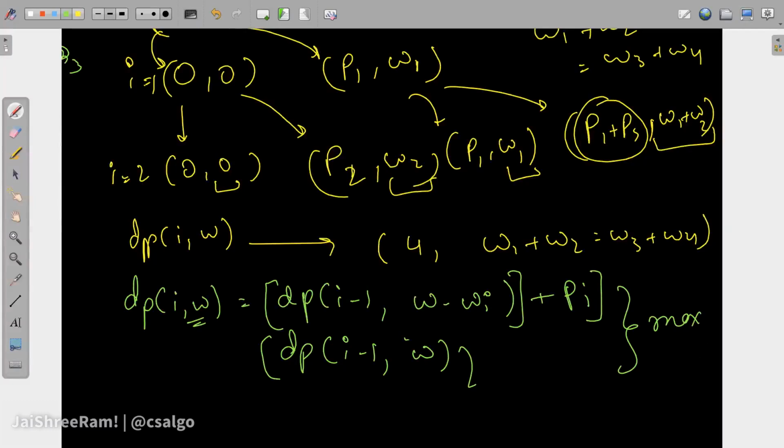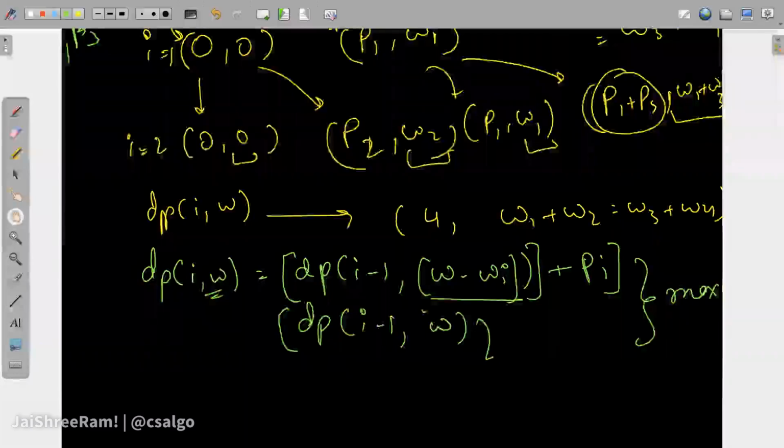Now of course this transition is only possible if this is positive. If it's negative, we know that it goes outside the bounds, and that value gets the default value of dp. We need to find the maximum profit, right? So the default value is minus infinity. Okay,